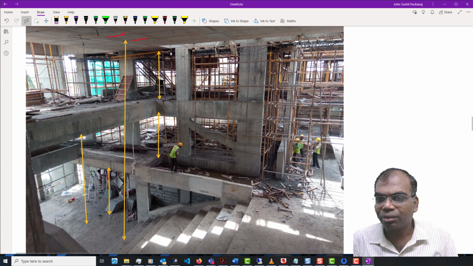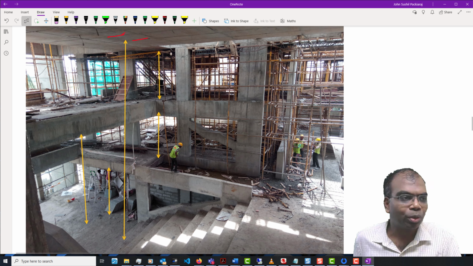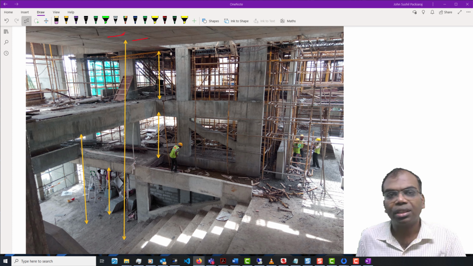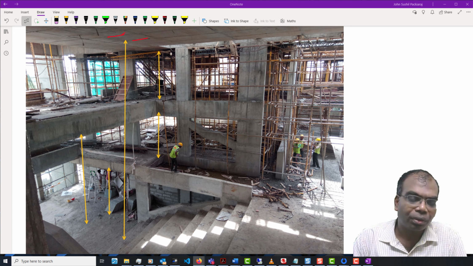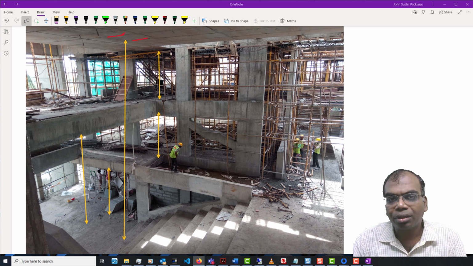This is the staging work which we have, with a lot of planning involved. You should remember that a double height or a triple height shutter is very likely to buckle and fail. So the chance of failure is that much higher, and you need to be very cautious in the planning. Again, all these elements are quite deep, which means the weight of the concrete is also that much higher.